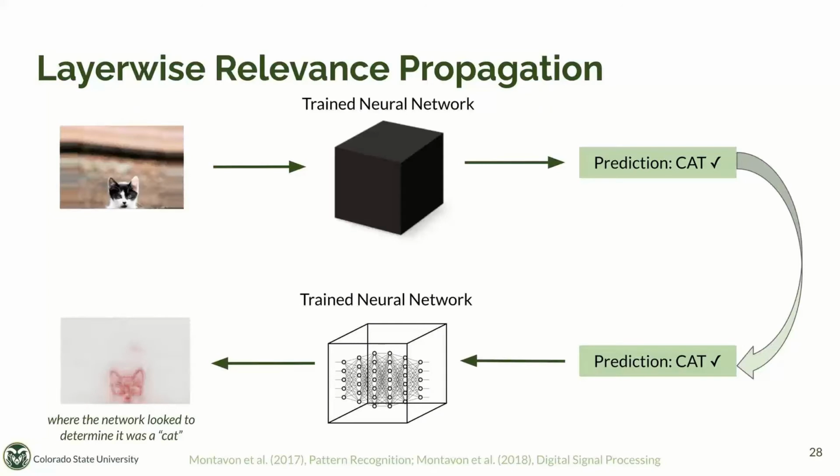Layerwise Relevance Propagation uses a trained neural network. It takes an input, let's say, of a cat, and outputs a prediction. Let's say that the network correctly predicted that this was a cat. And we wanted to see why the neural network thought it was a cat in the first place. So what we can do is take our correct prediction of a cat and backpropagate this through the trained neural network, and we create this heat map of relevance, or where the network looked to make its accurate prediction. You can see in this case, we have the head of the cat outlined, specifically the ears, some whiskers, the nose, and this is where the network looked to determine that this was a cat.